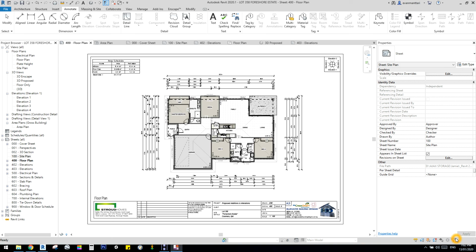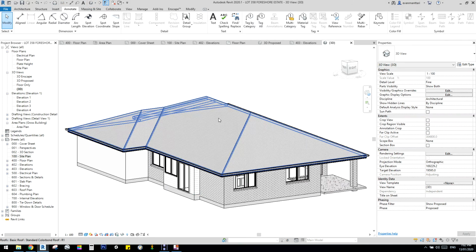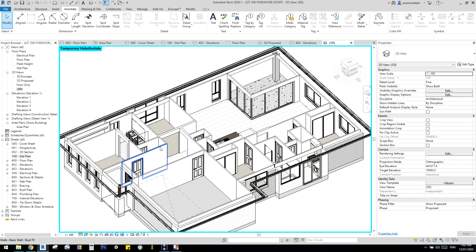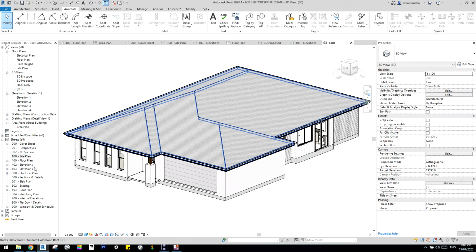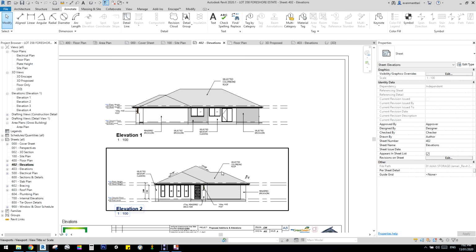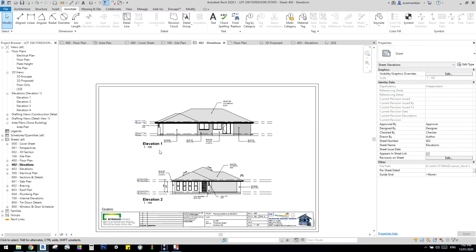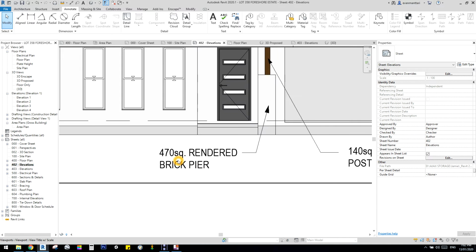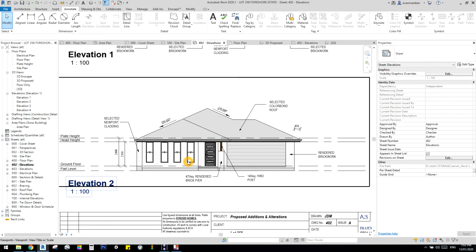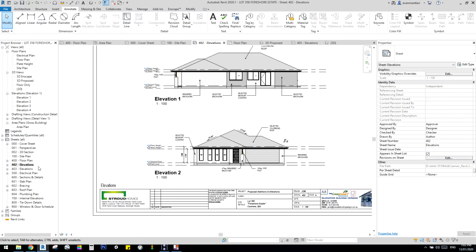Alrighty, just a couple more things to finish. We've got the whole thing done basically. Every bit of modelling that's required for a quick concept plan is in there. All the elevations are done. All those tags are on there, and I didn't have to write any of it, and they will all move with it. Oh, I did have to write this brick pier one because I haven't got a tag for the brick pier, but